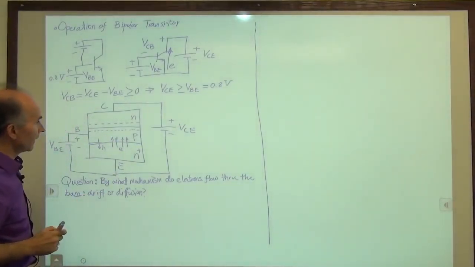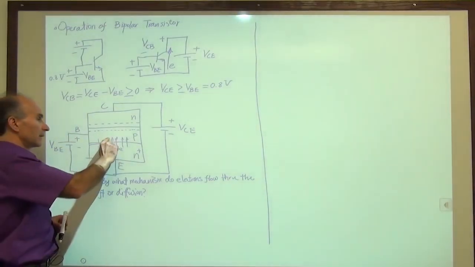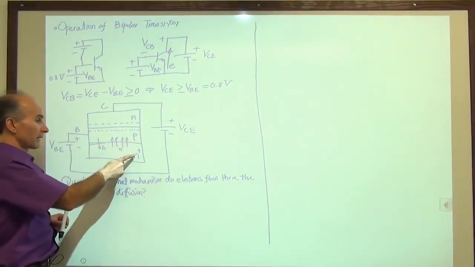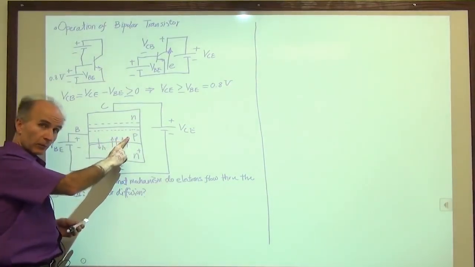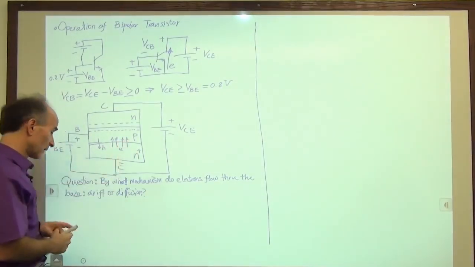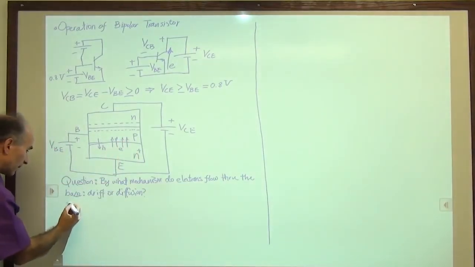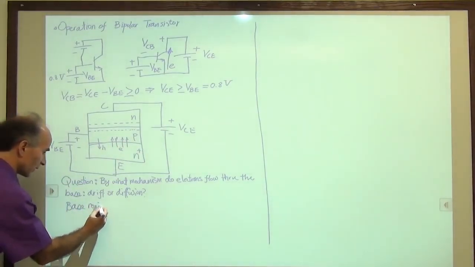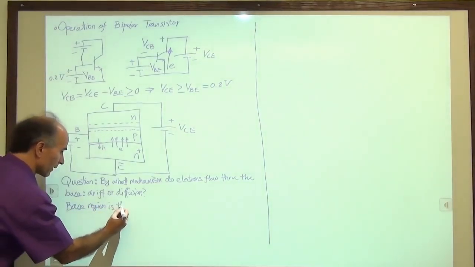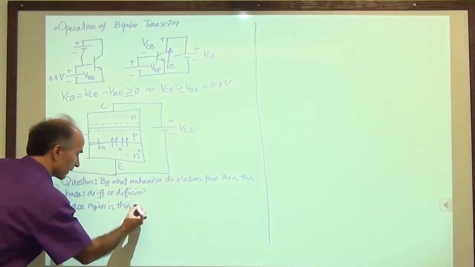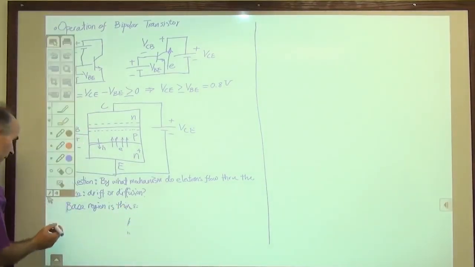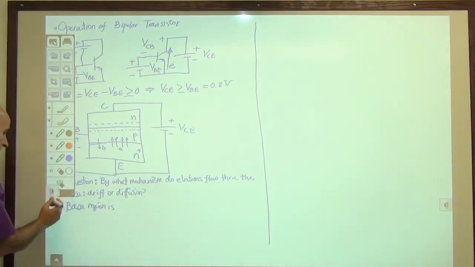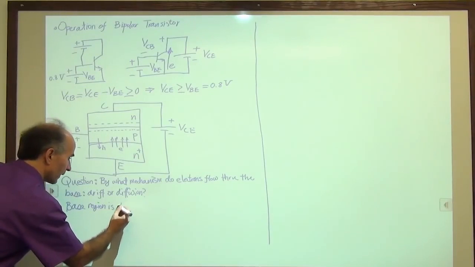All right, well, it turns out that the voltage drop in this region is very small, actually, because even though this is heavily doped, this is also moderately doped, so its resistance is not that large. So we say that the base region is thin, and, okay, this pen is a little unwell right now. So the base region is thin